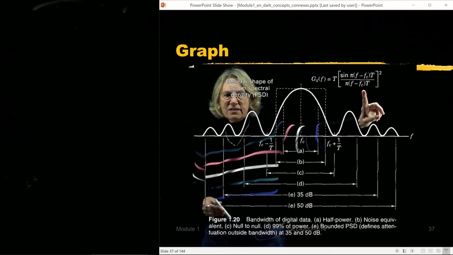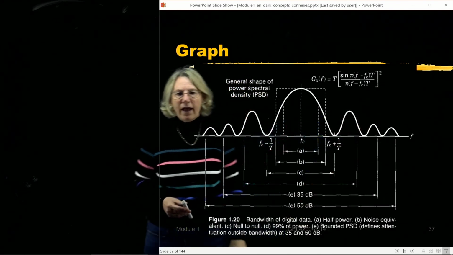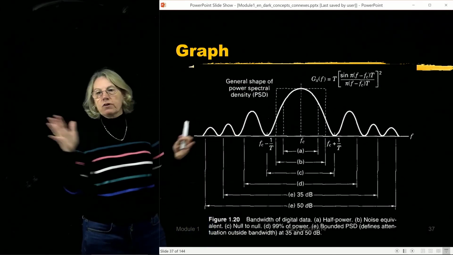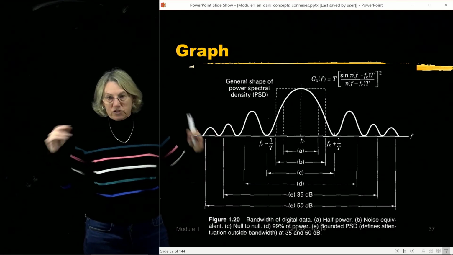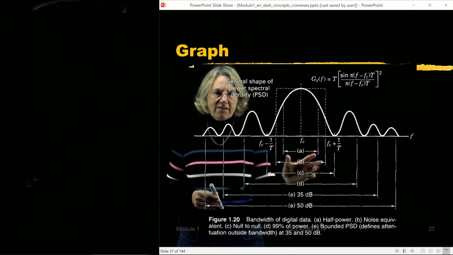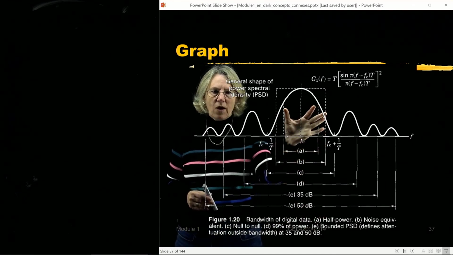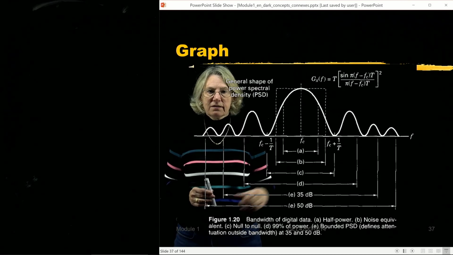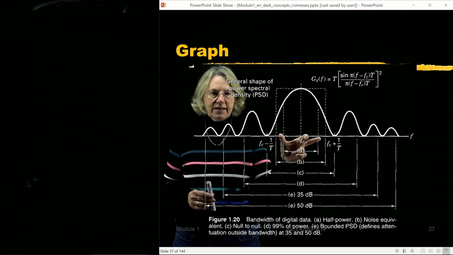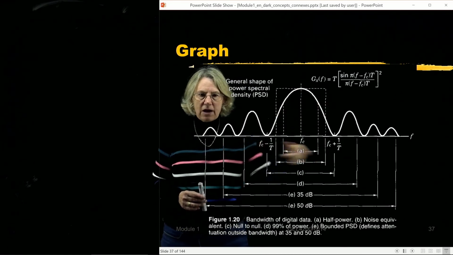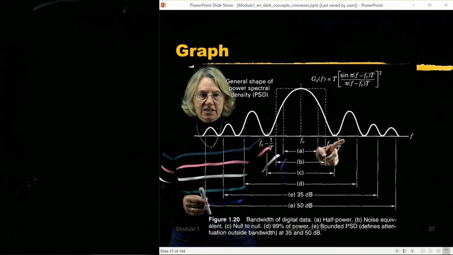So finally, in the textbook, Sklar, we have an example of a sinc squared. So here the spectral density is a sinc squared, and it's marked off in this graph. If I use the definitions that I've talked about, first of all, there is no absolute bandwidth because this is infinite support, so that definition doesn't exist. But we can do the half power. So if I look at half power, I get a bandwidth which is this wide. If I look at the noise equivalent bandwidth, I make that calculation, and it ends up being this B point I see here. So you see the box that's written. If I had a box that was the same height, that's how wide it would be. Null to null, of course I can see the null here.